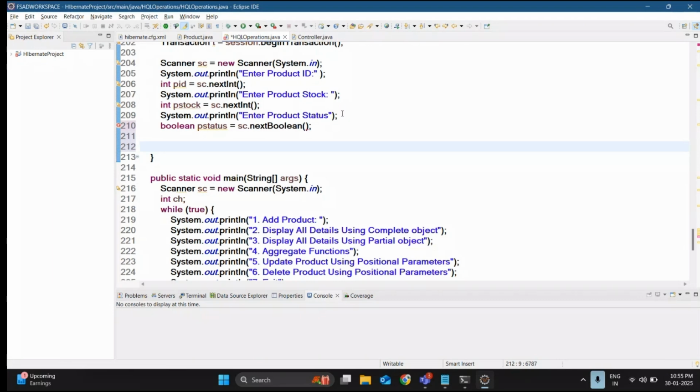As of now, we have taken input from the user. We are going to mention everything in a mutation query. So let us take the concept of mutation query, control space, MutationQuery. Query is my object name. Query is equal to session dot createMutationQuery of double quotes, update Product set stock is equal to